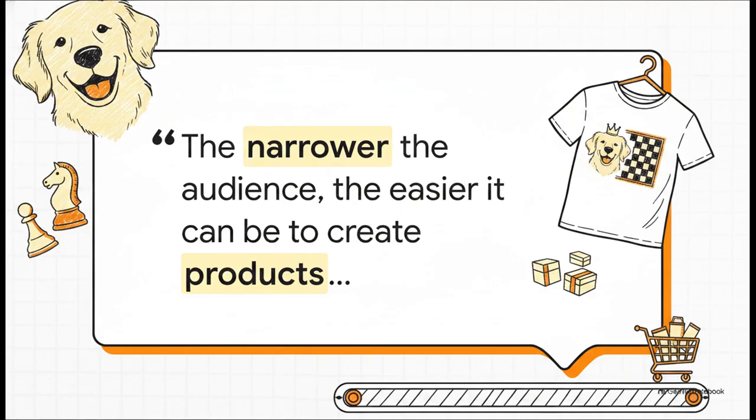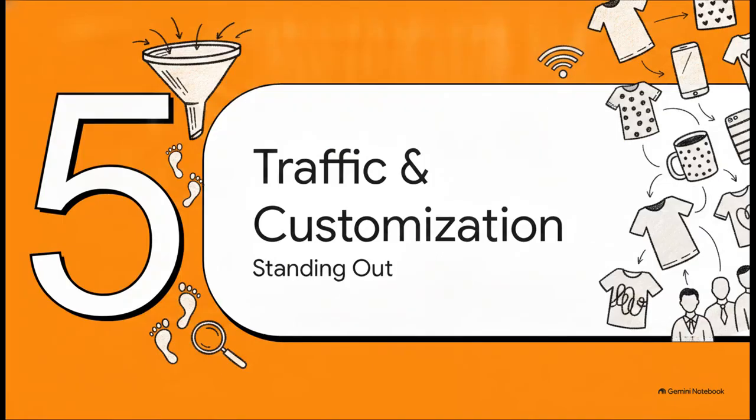Think about it. When a totally obsessed golden retriever owner who also happens to love playing chess sees a shirt blending those two exact things, they aren't just looking at a piece of fabric. They're seeing their own identity. And that kind of connection, that is exactly what drives repeat, reliable sales. To get those specific products right in front of those specific buyers, we need to dive into section 5, traffic